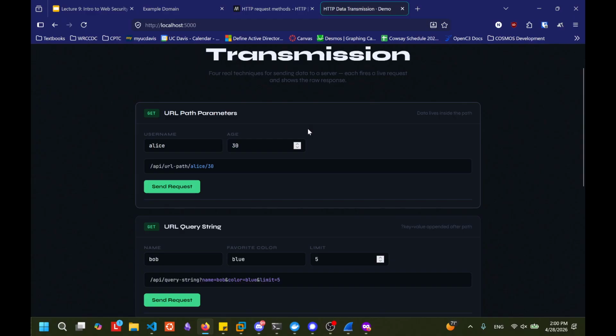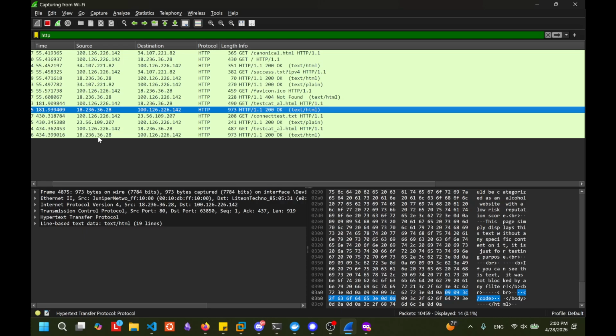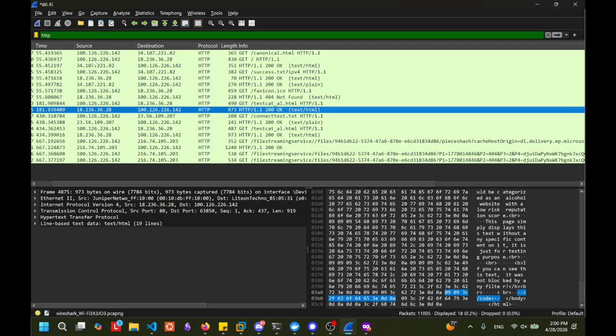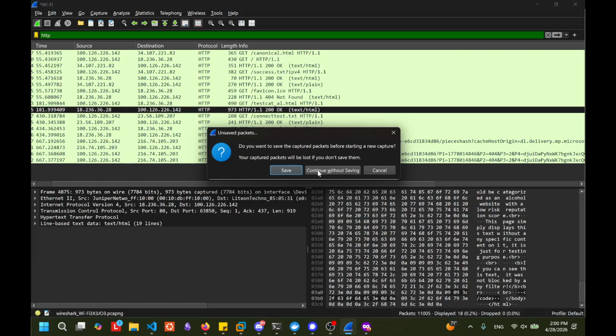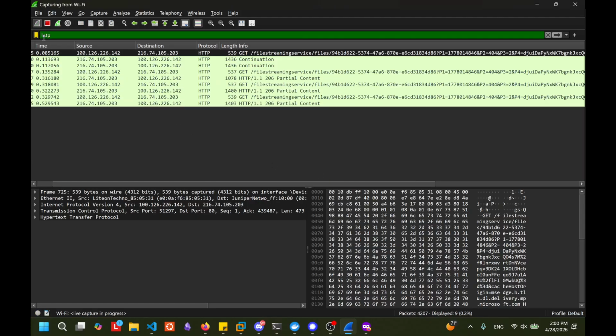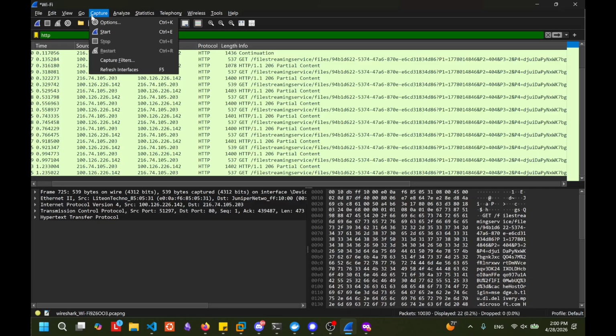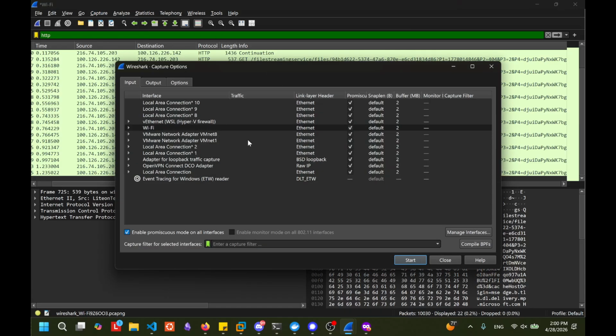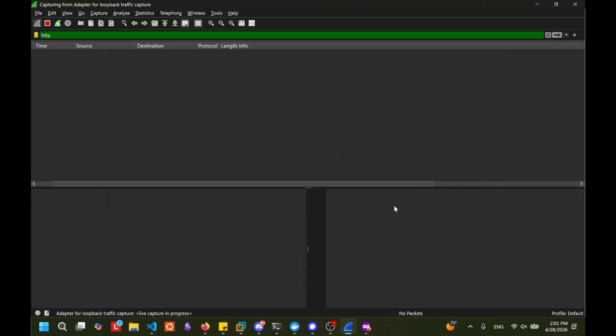I'll show you different ways to pass data to an application. Once again, we will pull up Wireshark and capture the data. Everything's happening on localhost, so I'll select the loopback connection.